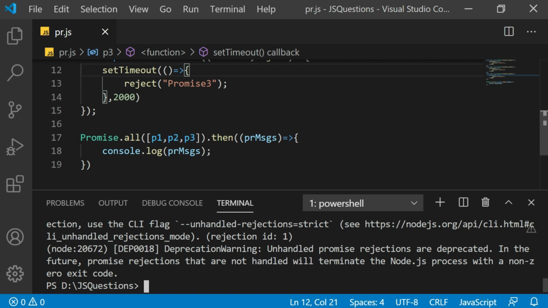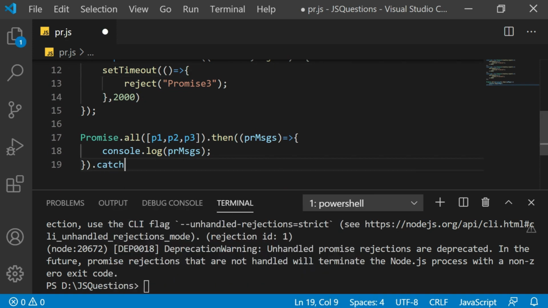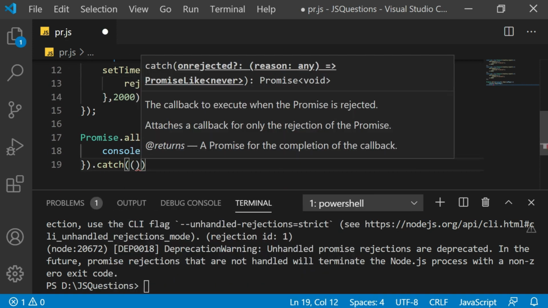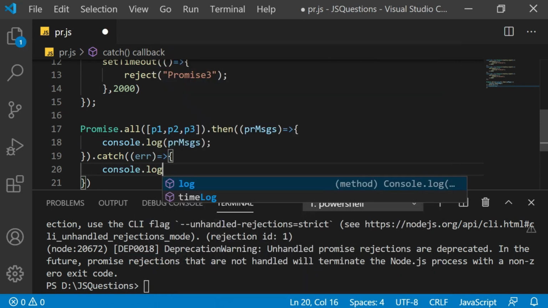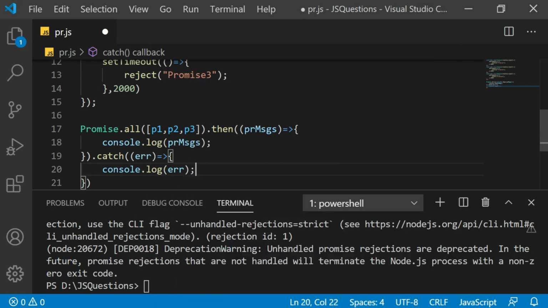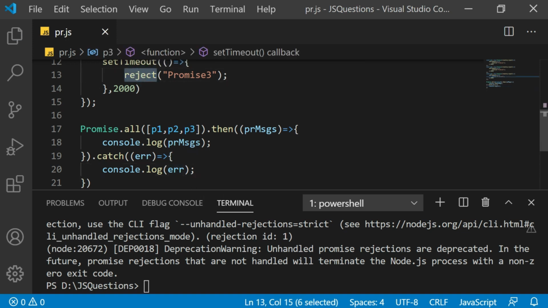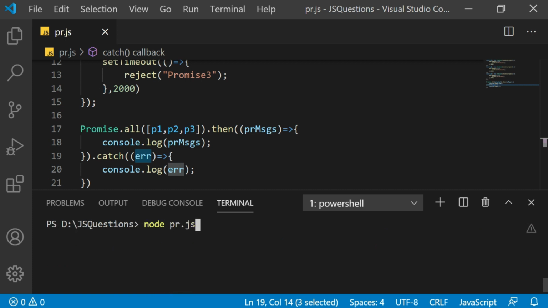So here I'm going to add a catch, which will have the error object or the message which we are going to retrieve in this error object. And I will simply say console log. Let me display whatever is the value in the error. Now at the moment, reject will raise the error, but this promise value, that is promise 3, will be passed in this err, right? So when I clear this and run it again,